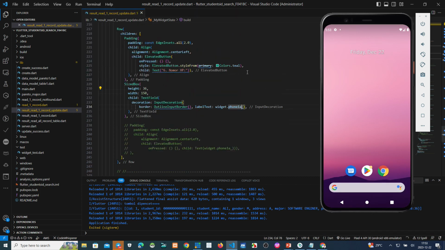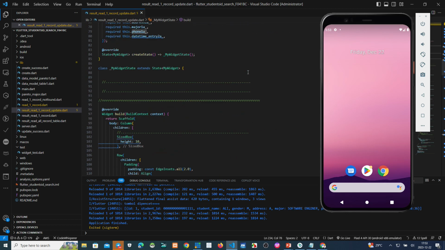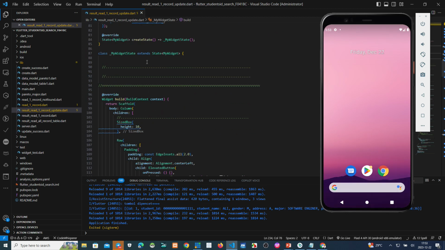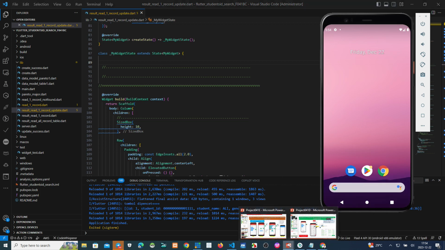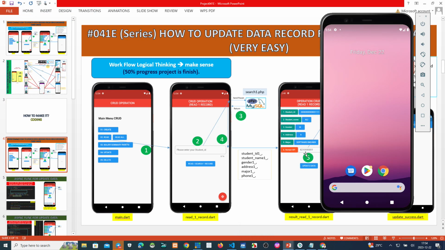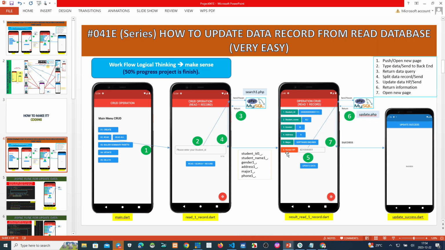Okay, this one. Make a controller for this phone number, this one. Make a controller first for this one because we can use this controller to send the data in the controller to the backend.